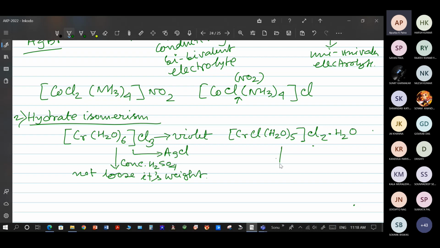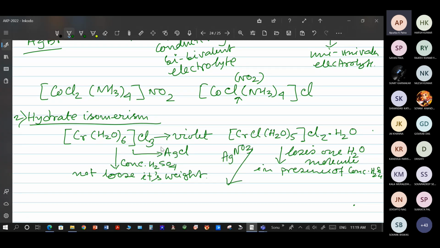So this is going to lose one H2O molecule in presence of concentrated H2SO4, and also if you react with AgNO3 solution, in this case 3 equivalents of AgCl precipitate, and in this case you are going to observe, instead of 3, it will give you 2 equivalents of silver halide precipitation. You can weigh these precipitates, whatever AgCl precipitates you got, you can filter it through a